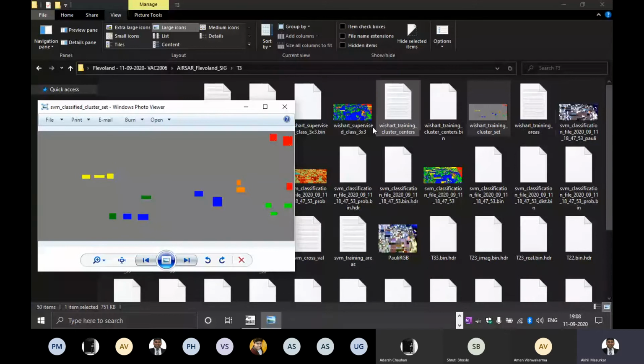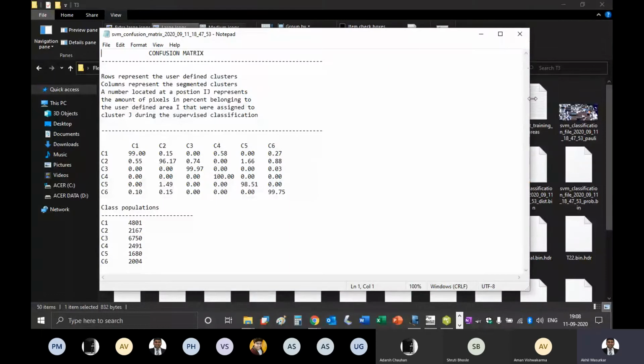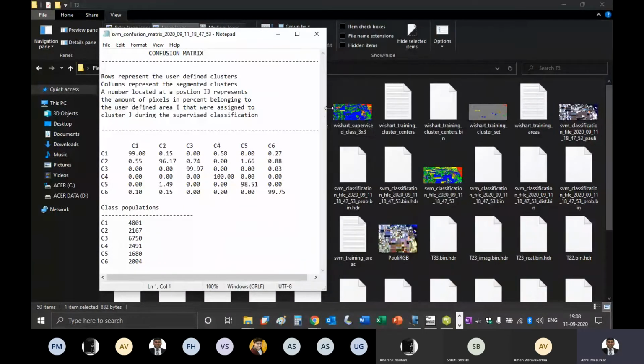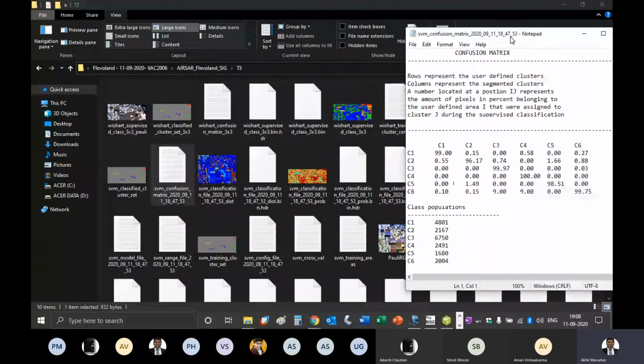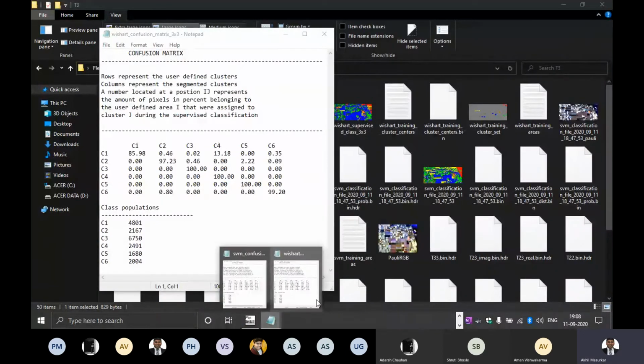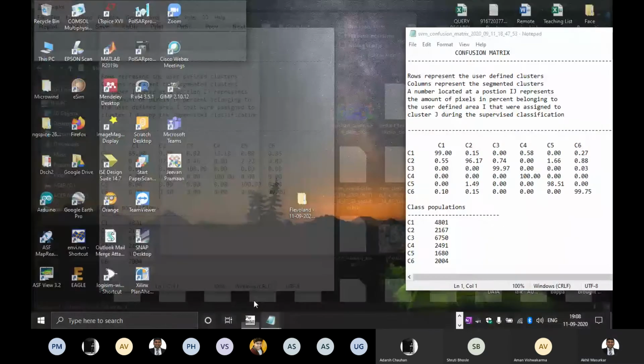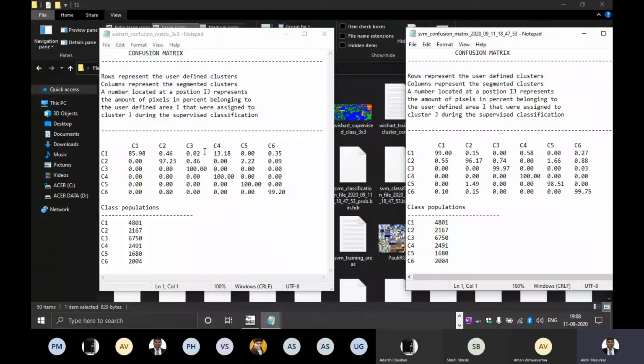And now you can see the confusion matrix. The confusion matrix of SVM is here, and then we have a confusion matrix of Wishart also. So we have two confusion matrices.